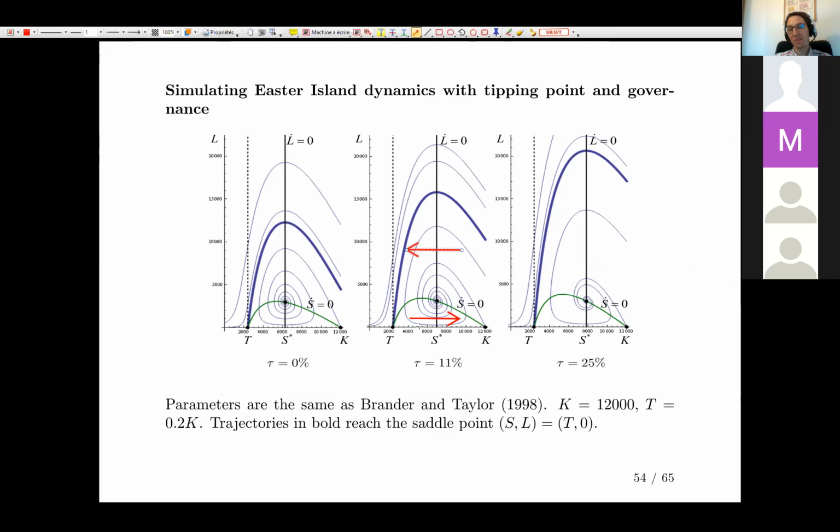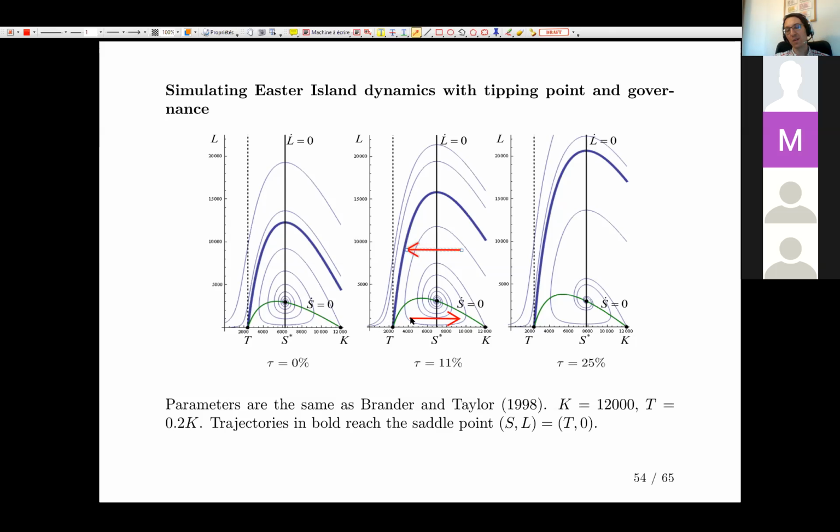And so what we have here is a tipping point, and this makes things much more complicated. Before it was just a straight line that was easy to describe. Now it's not a straight line, it's something that looks like this. But it still is the same idea. Under this line, the stock of resources increases because you have few inhabitants exploiting the resource, and you have enough trees to regrow the stock of trees.